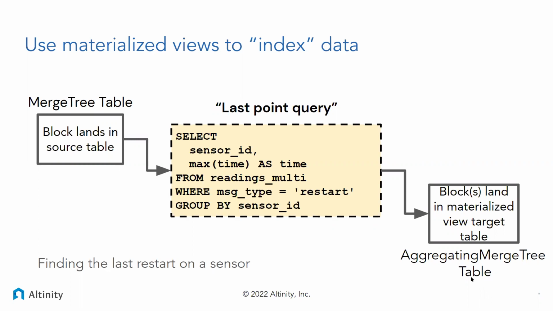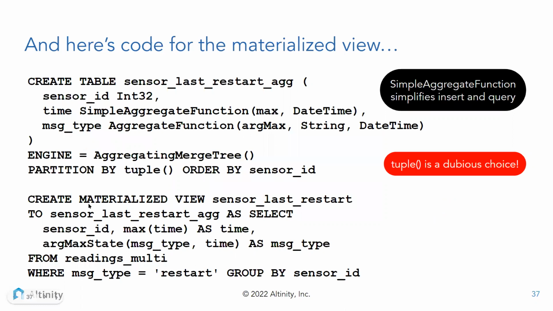We've covered this in many other webinars and blog articles, but this will basically allow us to capture these restart times automatically in a much smaller table. What does it look like? This is the code for the materialized view. So here's the last restart. This is the target table. There's a materialized view that feeds that table. So every time new data hits our source table, it will get read in. And basically we'll be able to get that answer much faster.